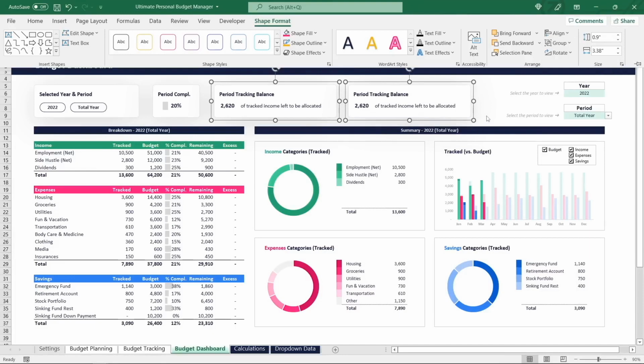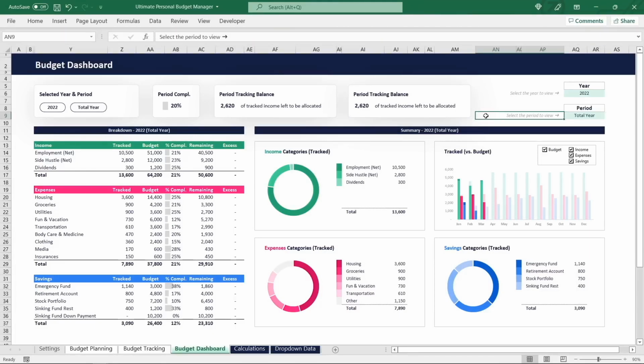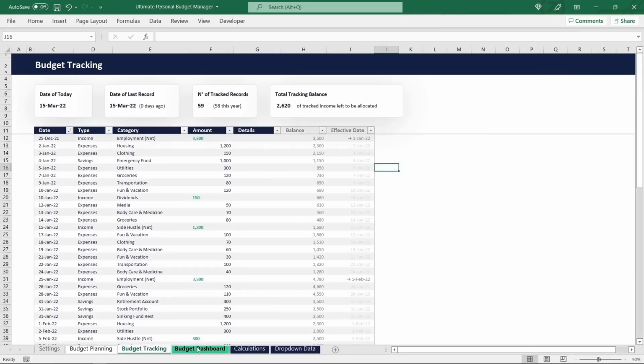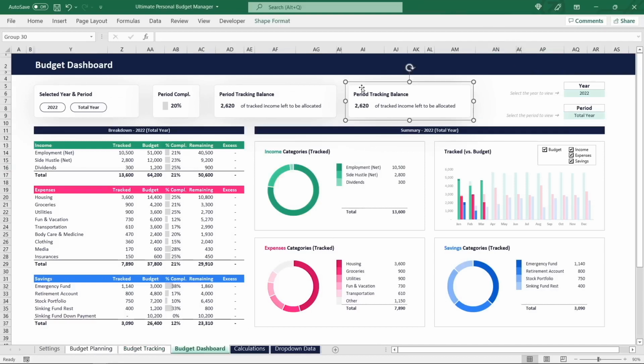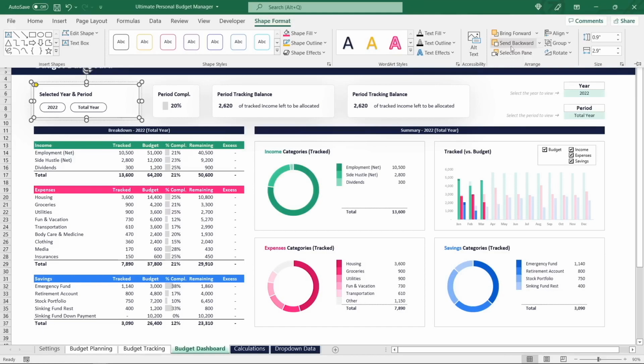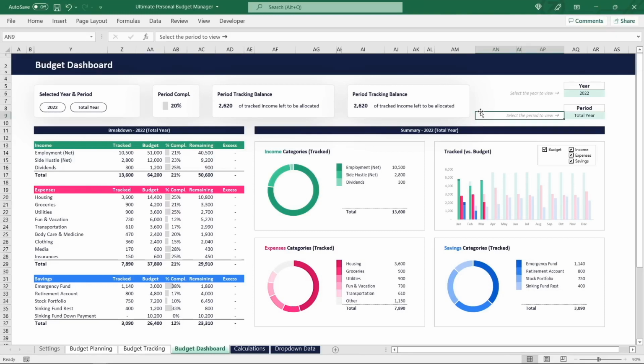Now that we have the total number of tiles available in here for the first time, let's quickly make sure that we have a consistent spacing between each of them that is similar to the spacing in between the budget tracking tiles. So maybe we move this one a bit to the right, then move those two together a bit more to the left, and eventually slightly increase the size of the tile background shape of that initial tile. That looks pretty clean to me,